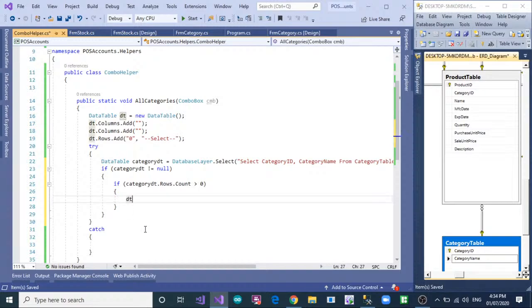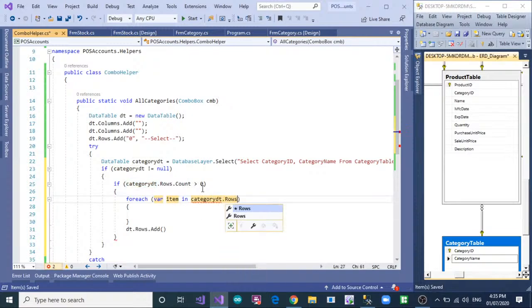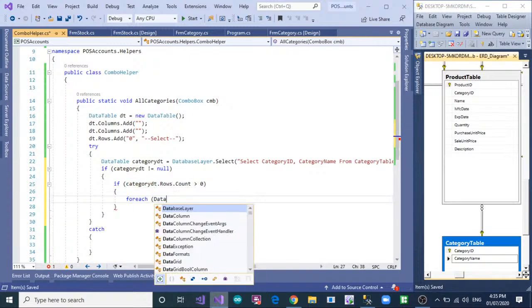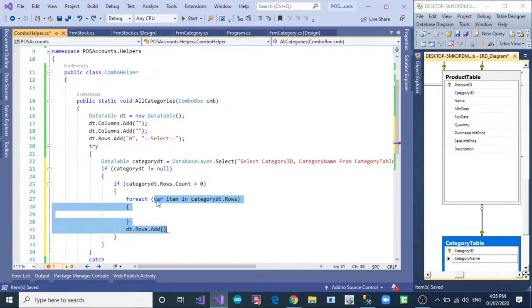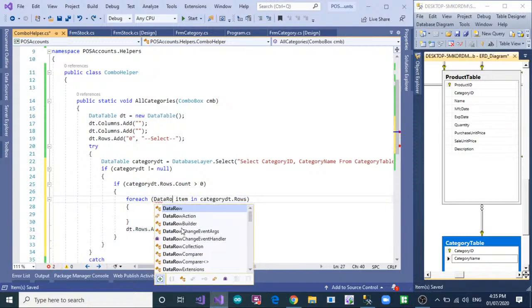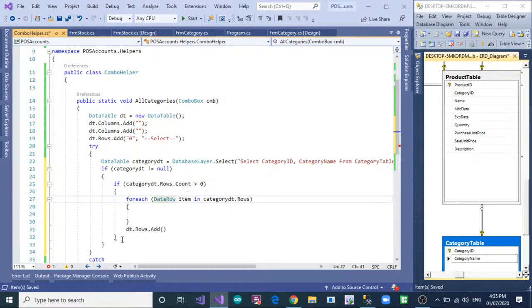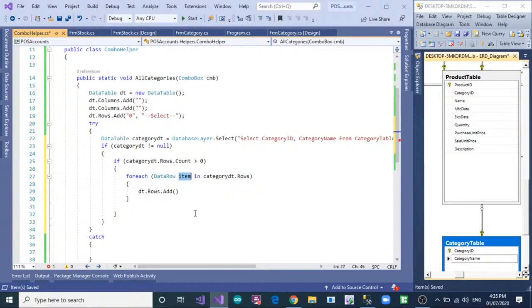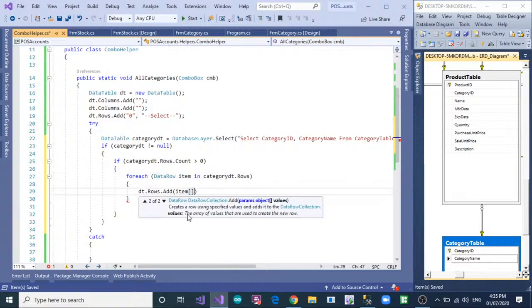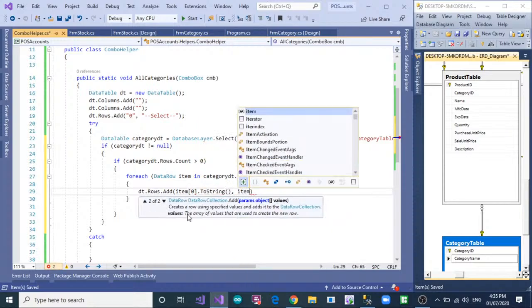So now dt dot rows dot add, and use the foreach loop here. So the dt dot rows, and here is the data row, and then control X and paste inside these two braces. So item 0 dot to string and comma item